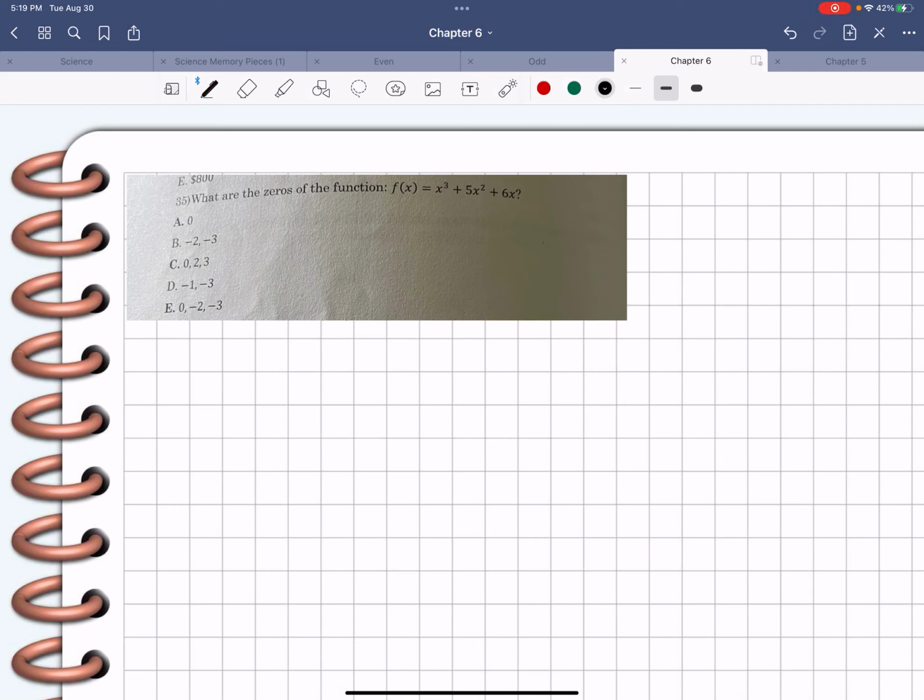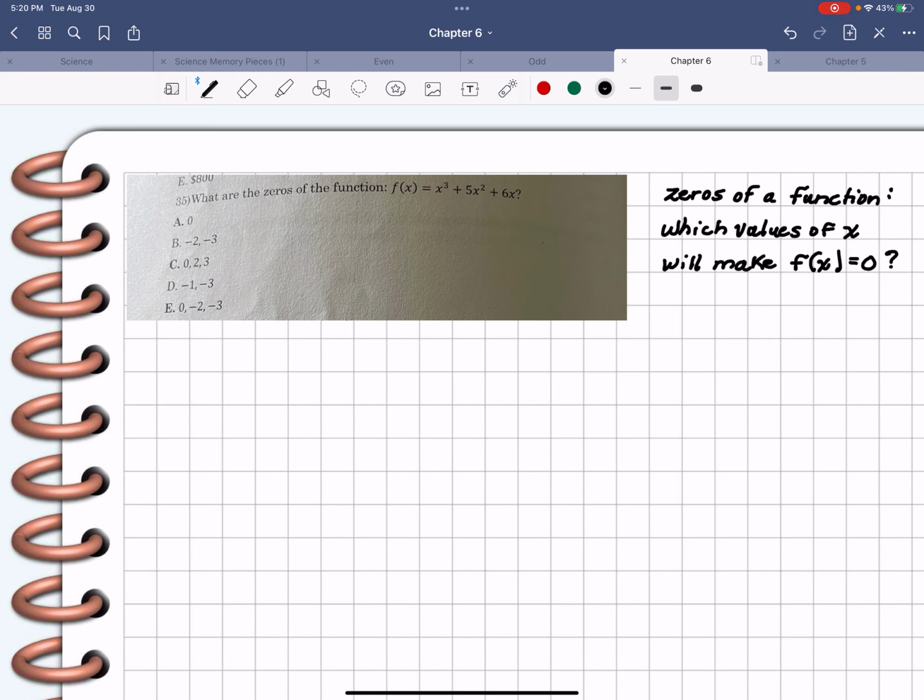Number 35. This is a very good question. What are the zeros of the function? So what that means, start there because that's important to understand. It is asking us which values of x will make f of x